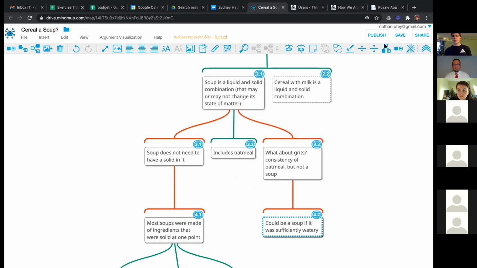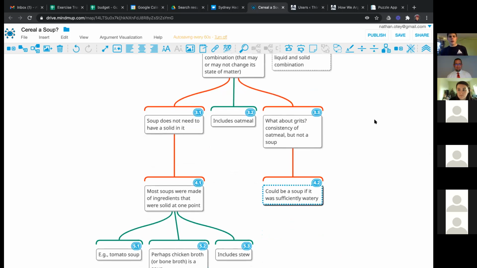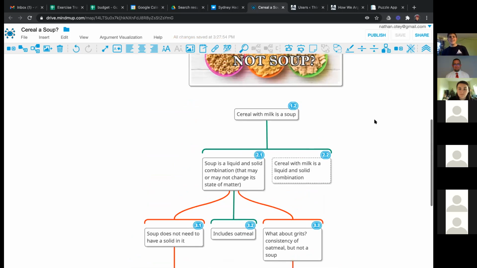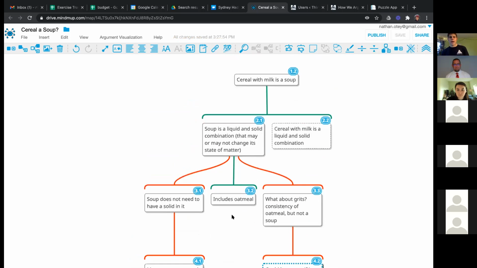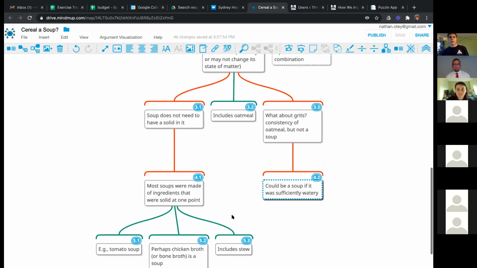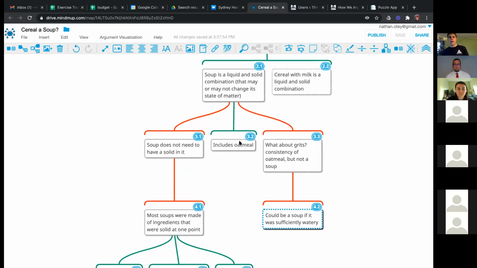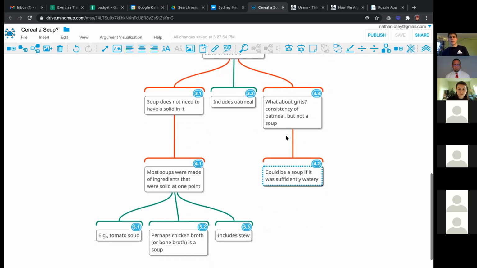Cool. In the interest of time, I just want to keep it rolling here. First of all, thank you for this conversation. I learned a lot, actually. So I just want everyone to notice how we're all able to track this conversation very straightforwardly on Zoom, because we're all sharing this visual map here, and we can see how the different claims fit together, and we can see the different objections and responses being given.